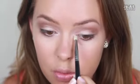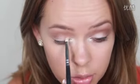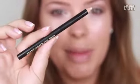Okay, now to make it even more shimmery in the tear duct area, because that's what Blake does, like her signature look that she's done for years, so it obviously works for her. I'm going to use MAC's Nylon eyeshadow because that's my favourite one for making it really shimmery. The Revlon palette's great if you were just going for a normal kind of subtle shimmery look in here. We want to add even more. So really light, and then take it slightly underneath the eye there and on top too. Now I'm taking Illamasqua's pencil in Val